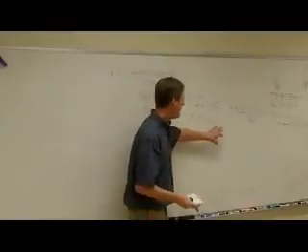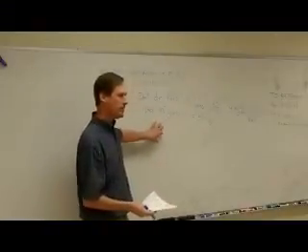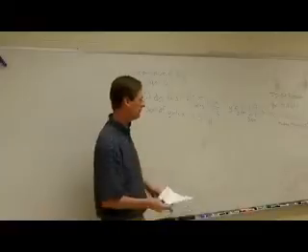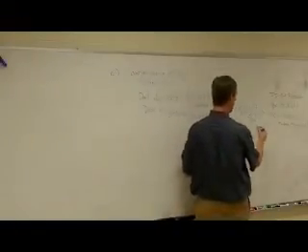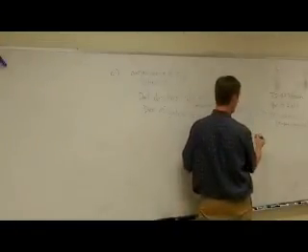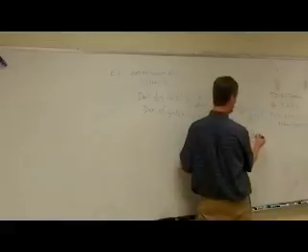Isn't 1 over x a perfect slope for natural log of x? It has something to do with natural log of x for sure. But here's the thing, isn't the natural log of x only increasing? Oh, we've done it many times, right? Doesn't the natural log of x kind of look like